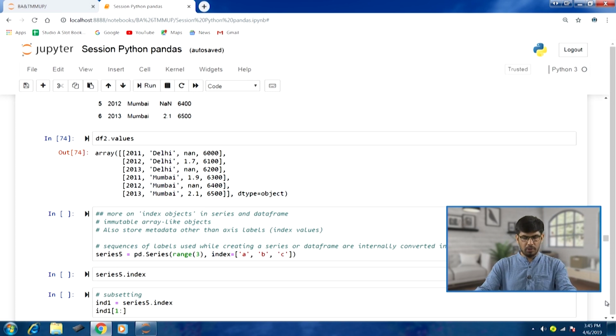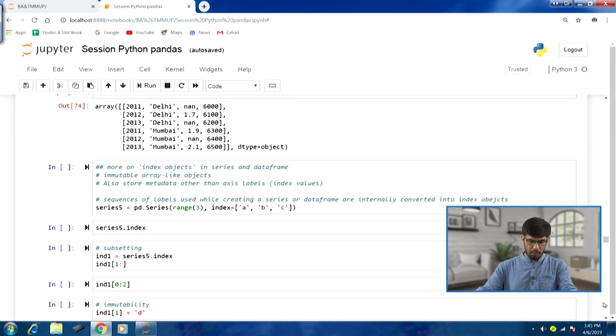They also store certain metadata apart from the index values, the access labels that we have. To understand this, we'll take this example here. In this we have a sequence of labels A, B, C, which are going to be used while creating a series or data frame, and you would see that they are going to be internally converted into index objects. We have been talking about row and column indexes for data frame, and just the index for the series. Now we are talking about the index objects, how they are created in the Python environment. So if I run this one,